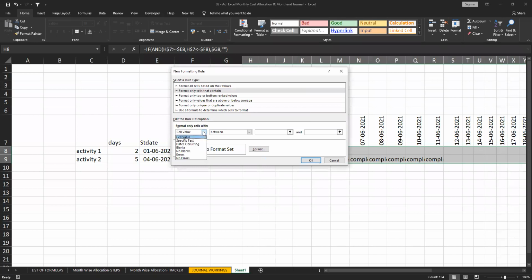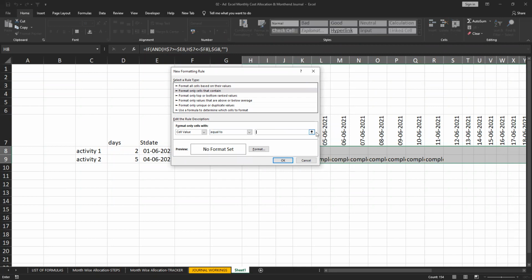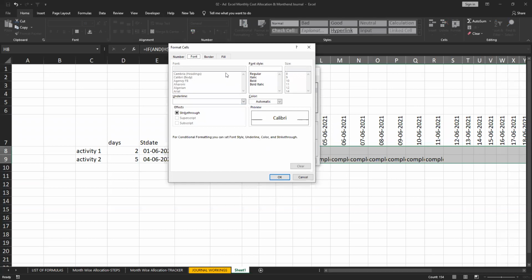So cell value equals to, say, completed. So what format do I want?